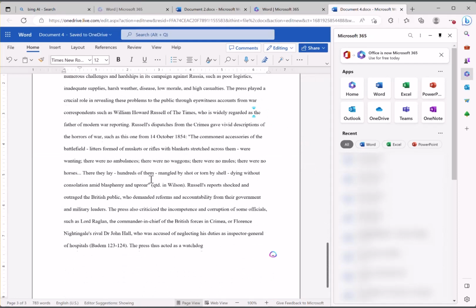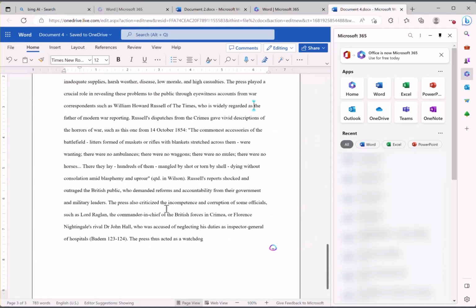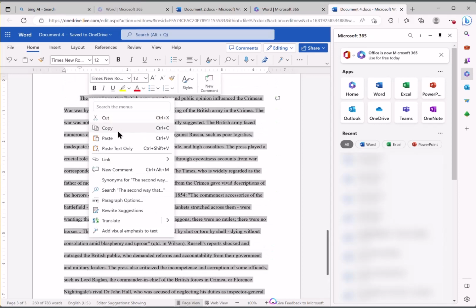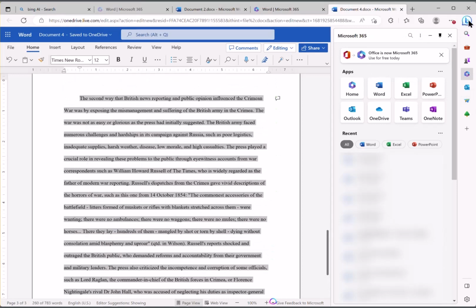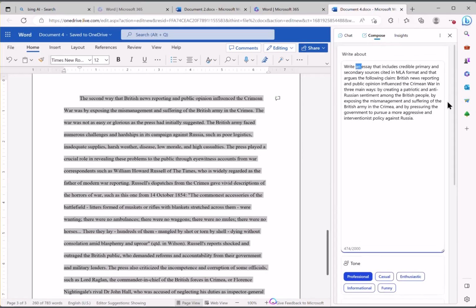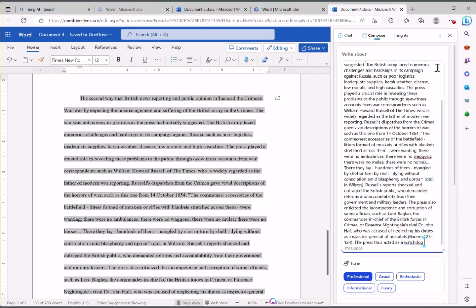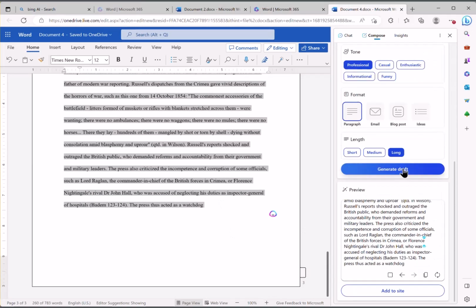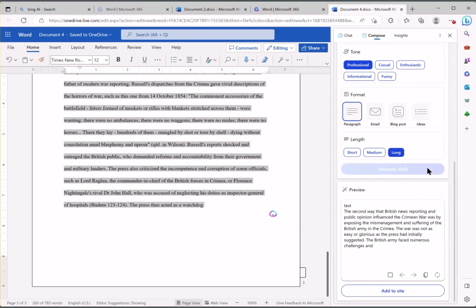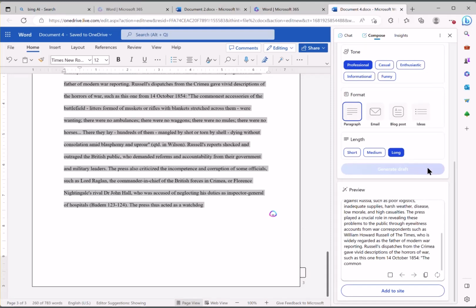Now, as with the last essay it generated, Bing stopped before it finished the essay. So just like I did before, I'm going to copy the last part of what it generated and then go back to the compose field and tell it to write the rest of an essay that follows this text. Maybe I should have left in, that argues the claim I'm arguing, but doesn't look like it matters. It looks like it repeats the text I copied in and then continues with the rest of the essay. Nice. So when it's done, I just copy that text and paste it into the end of my document.